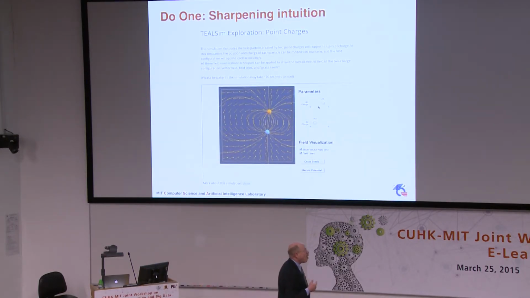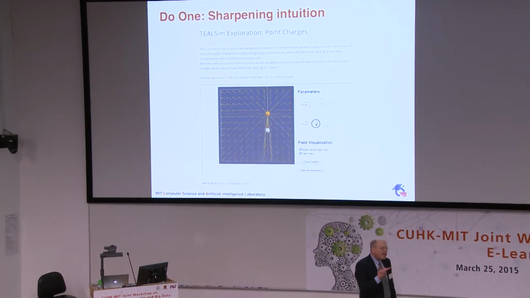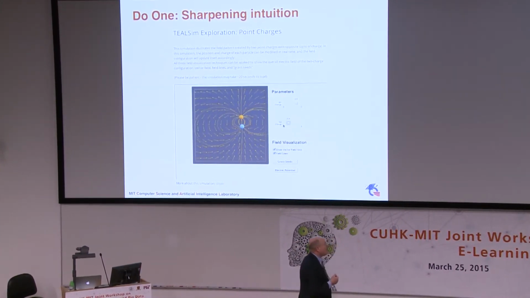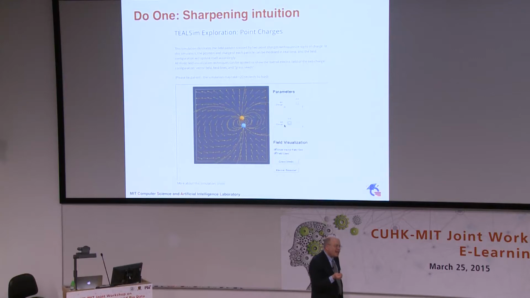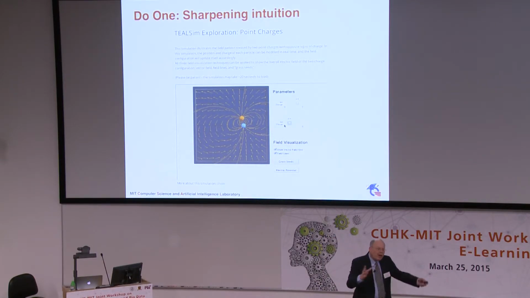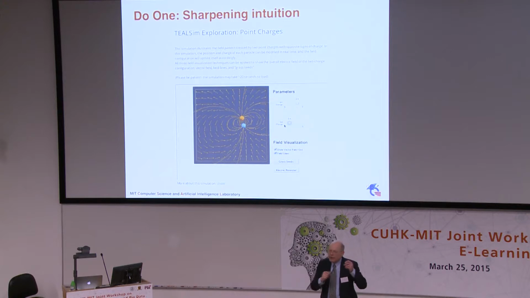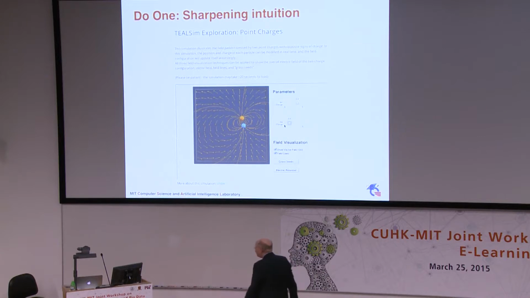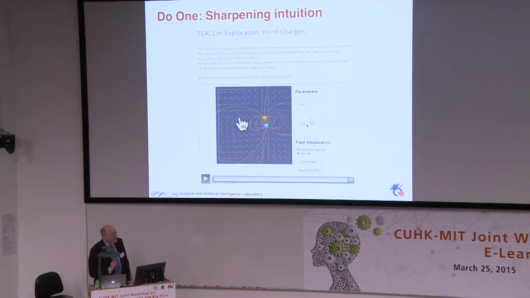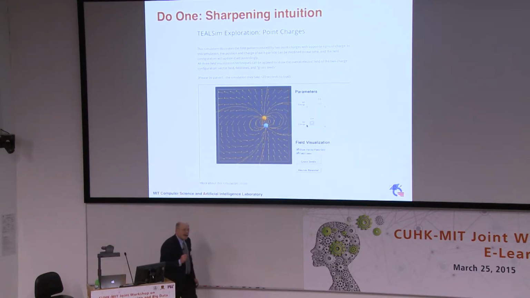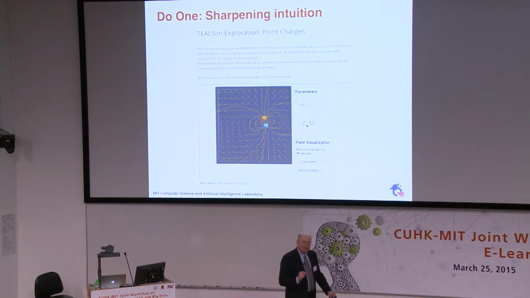But these sorts of hands-on activities are all different ways to engage different aspects of learning. So in this thing here, the idea is sharpening your intuition. So many scientists and engineers are very smart. They know about all the mathematics. But the key to innovation is having a good intuition about how things should work. And sure, you might have to use math to get the right answer. But it may be in something like this. If I had told you, for example, what would it take to get the electrical field vertical right at that point? Right? And now you'd have to start thinking a little bit about, how do I place the charges?